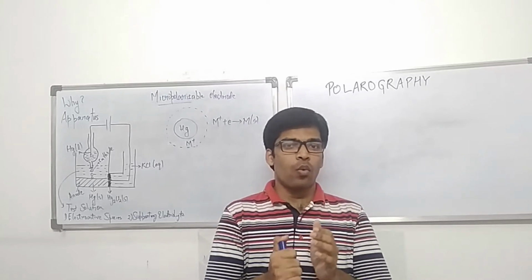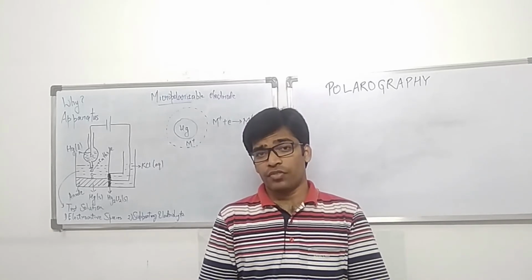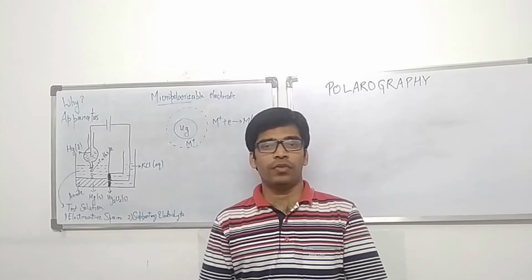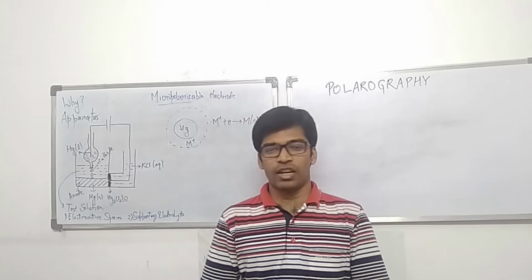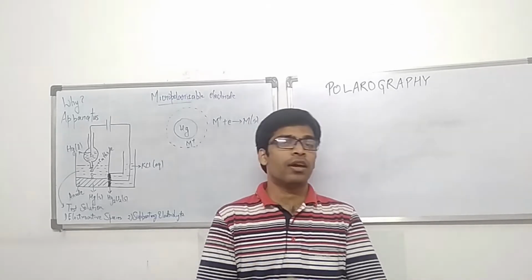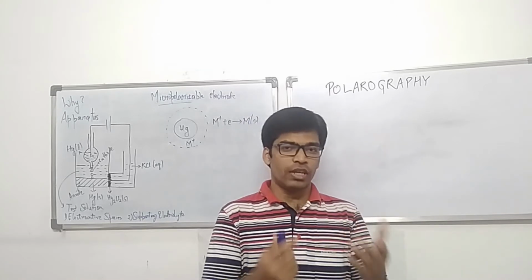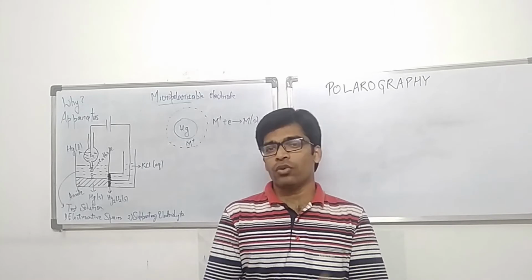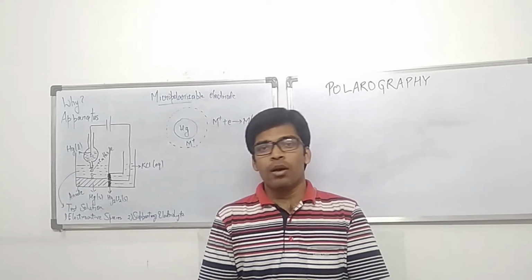Okay. Now, why did we need polarography? Polarography is used for qualitative estimation of the kind of ions which are present in the solution. That means to identify the ions which are present in the solution. Specific metals have specific values of potential with the help of which you can identify the ions present in the solution. Then my question is, why do we need polarography here?